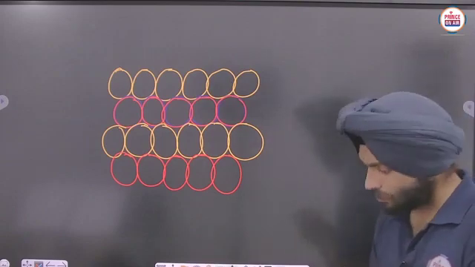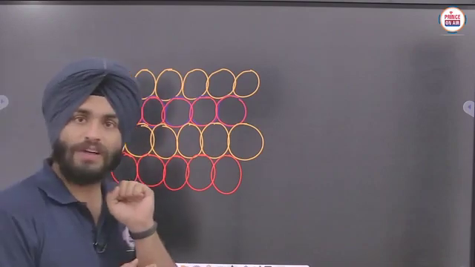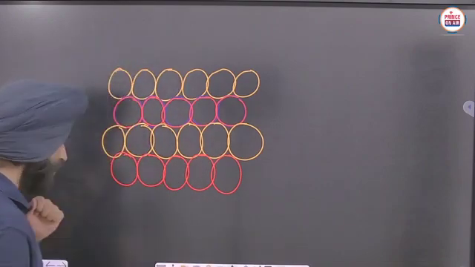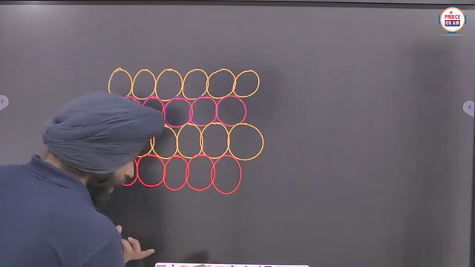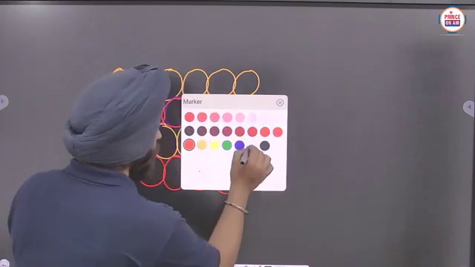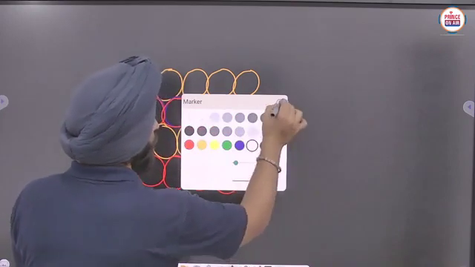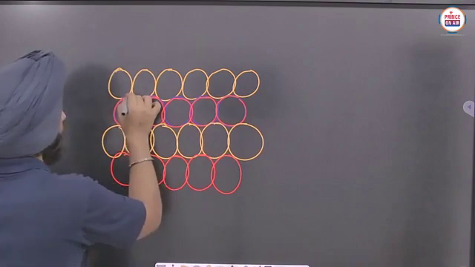It's clear. Now this one is the first layer. This one is the first layer. You can see that we have some empty spaces, just some empty spaces here, like here you can see.